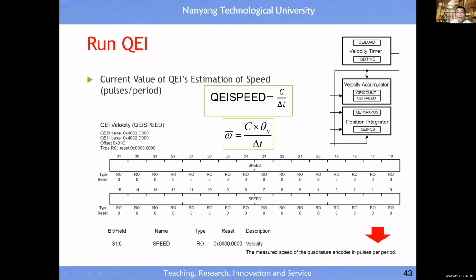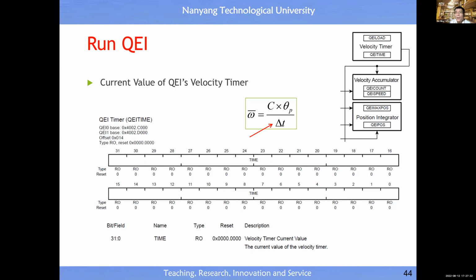For velocity it is the same. You get the velocity here from this register, so you get the velocity without the unit of measurement. Once you know data P, you multiply it, then you get the exact value of the velocity. Done already. You can also know the observation time window.